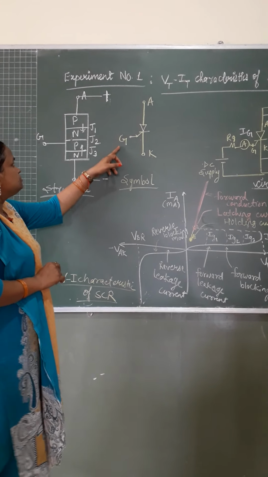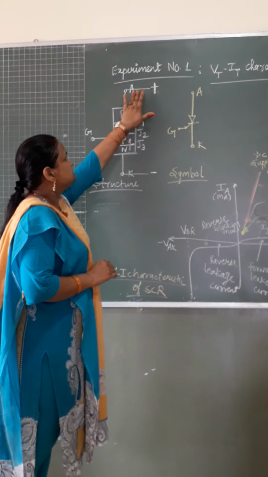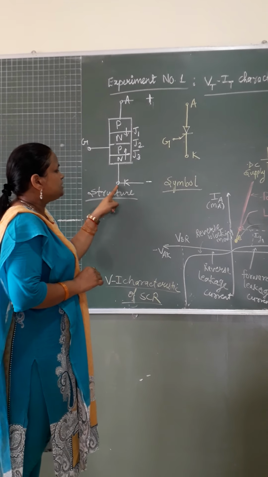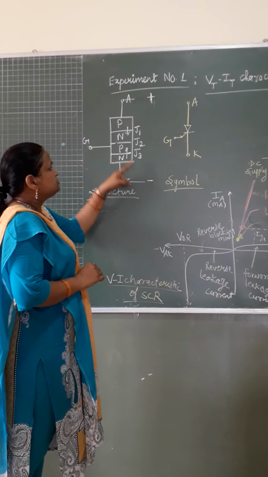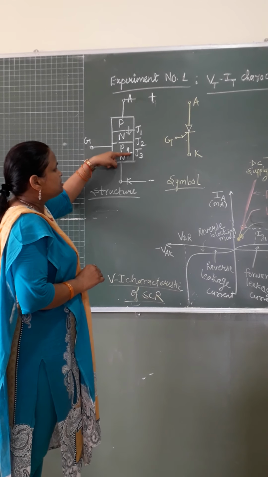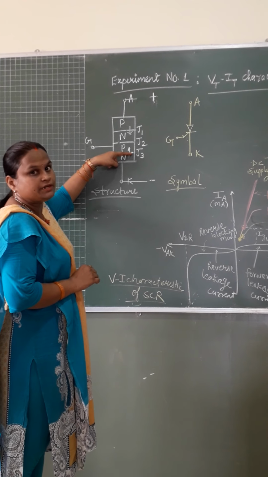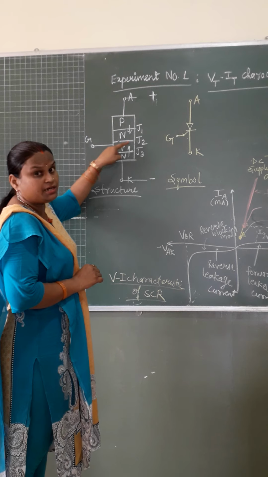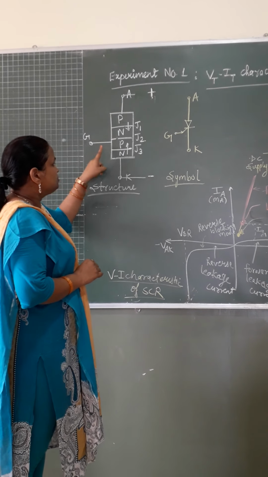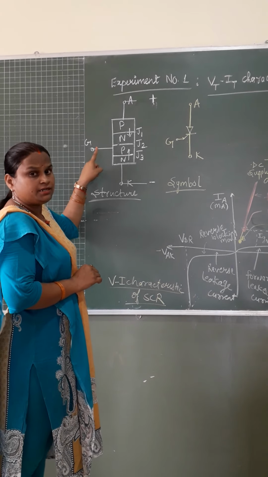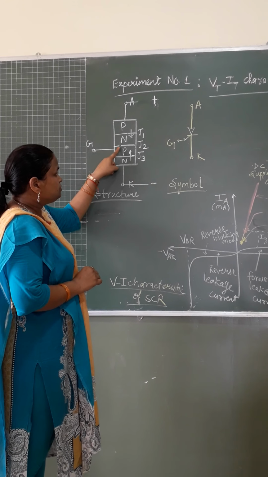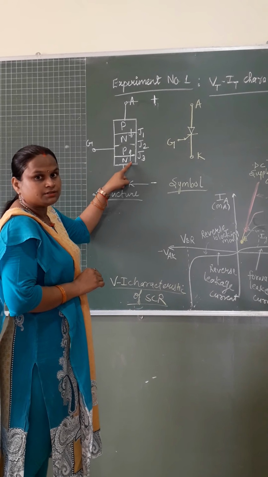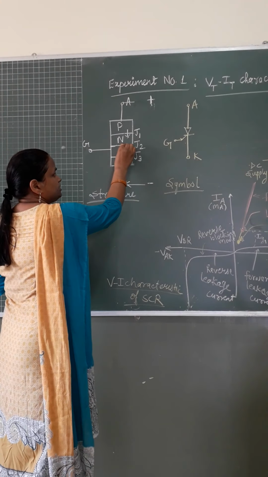So let us first see what happens if the anode terminal is given a positive supply with respect to cathode. J1 junction and J3 junction will get forward biased because of that polarity of supply. But J2 junction will be in reverse bias condition, creating a depletion layer. So we need to bombard extra carrier charges near the J2 junction so that this junction breaks up and the device starts conducting. That is the purpose of the gate terminal.